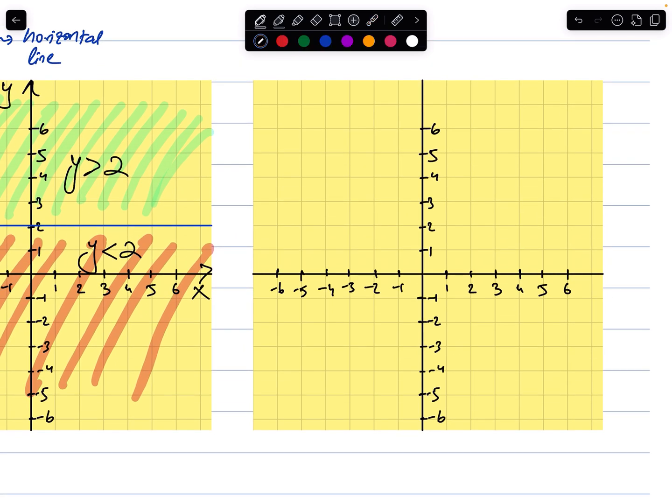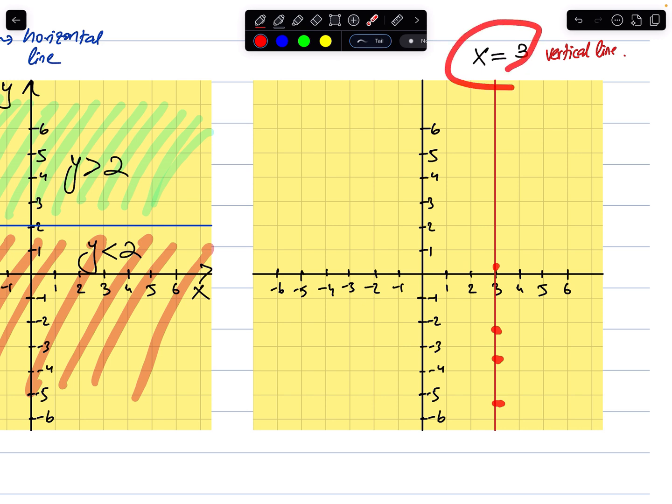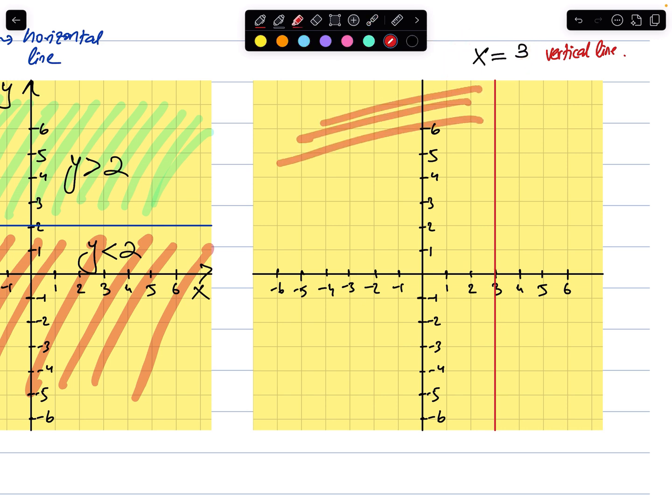Let's take another example. Let's say I ask you to draw x is equal to 3 on this graph. To draw x is equal to 3, it will be this line. A vertical line: whenever there's an equation with x is equal to some number and there's no involvement of y, then from grade 8 we remember that it has to be a vertical line. So I drew a vertical line at x is equal to 3. Now anything on the line satisfies this equation, but if we talk about the region to the left of the line, this whole region,